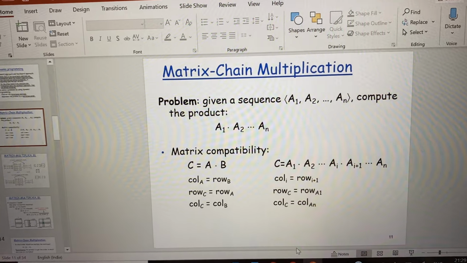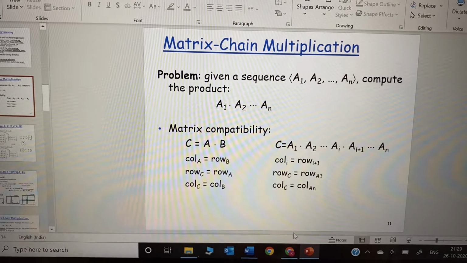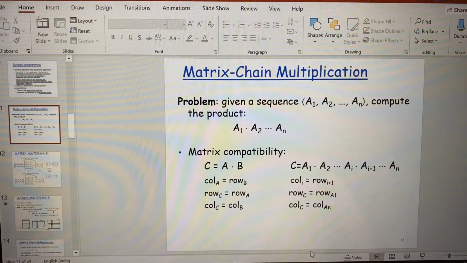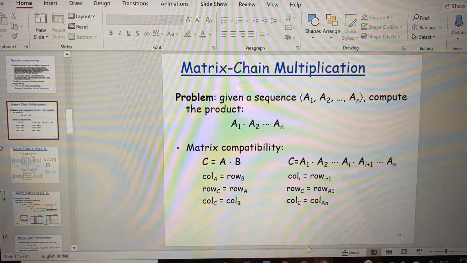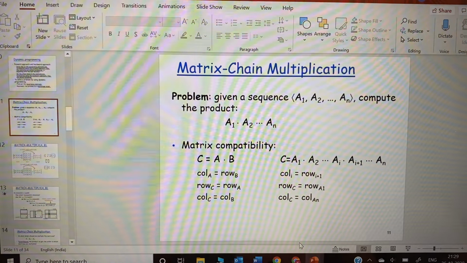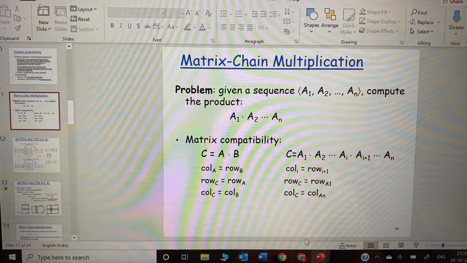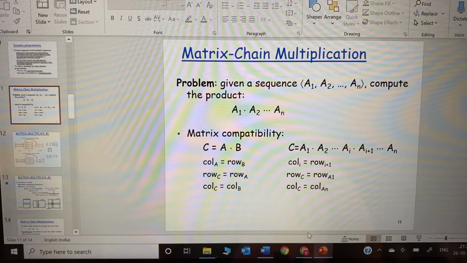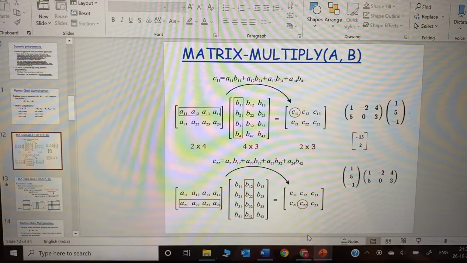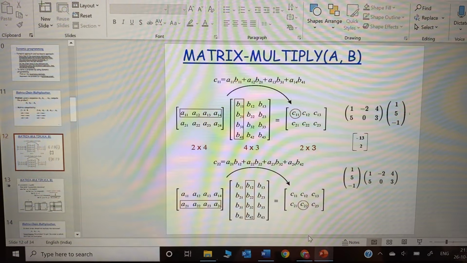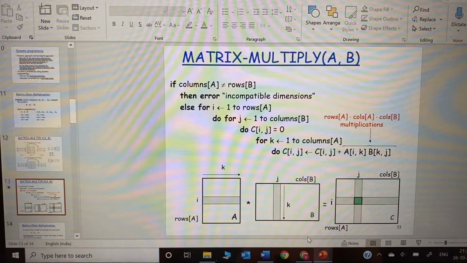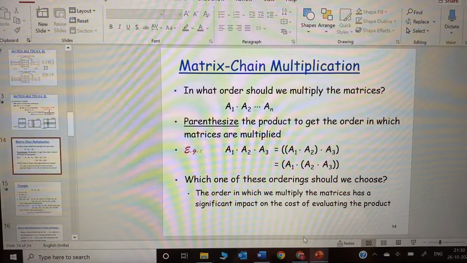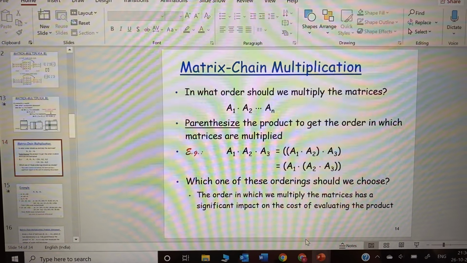So here, when we are supposed to calculate the multiplication or product of these matrices, we are unable to know what each matrix size is. When the size of the matrix increases, it becomes difficult and requires more time to compute all those calculations. So in order to reduce the number of calculations, we are finding the least number of calculations which are required in this process. We are developing an algorithm in such a way that the number of computations becomes very small.